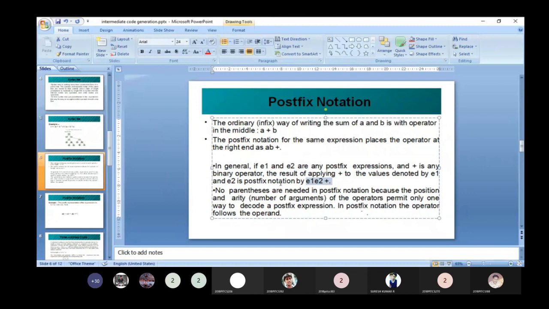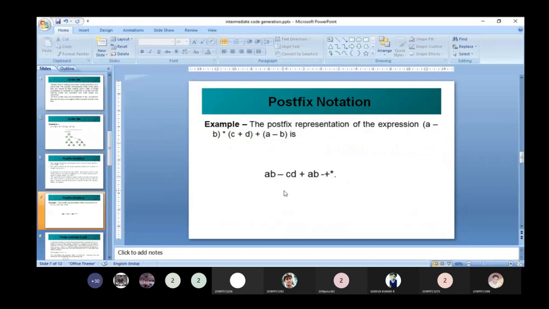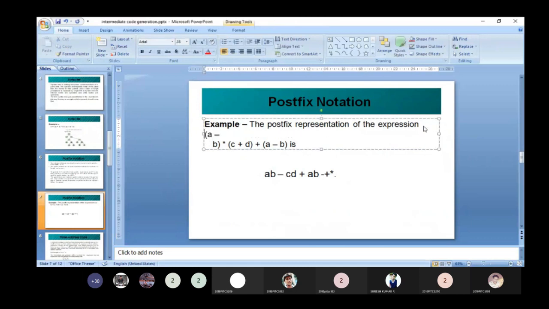Okay, so there is no need to mention the parenthesis after converting to a postfix expression. So here is the example. Consider one expression: A minus B star within the parenthesis C plus D, and then plus A minus B.